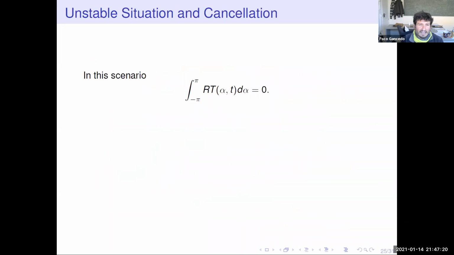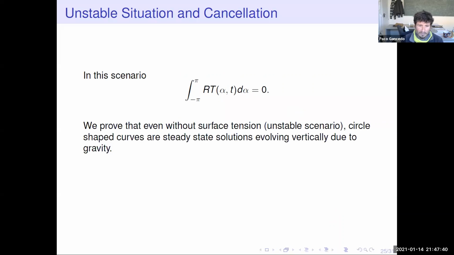Good. So this is a highly unstable situation, because what measures this unstable situation is Rayleigh-Taylor, and the Rayleigh-Taylor condition has to be positive, so we cannot have a denser fluid above. Also, we cannot have a more viscous fluid moving a less viscous fluid. Okay, so it's very unstable. But we can show that even in this unstable situation, we can have bubbles which are circles that move with gravity.